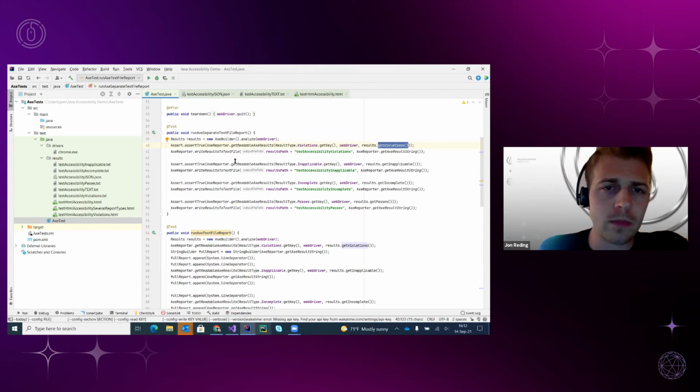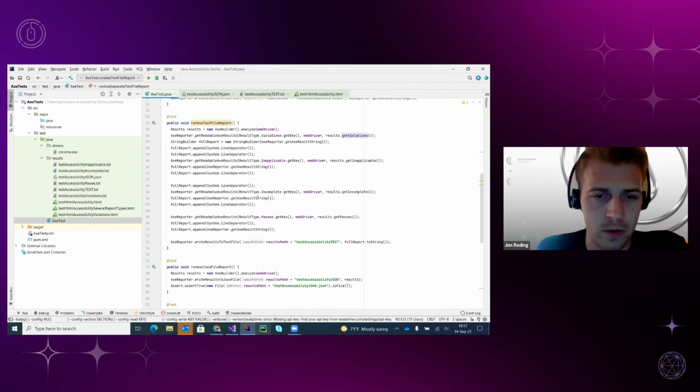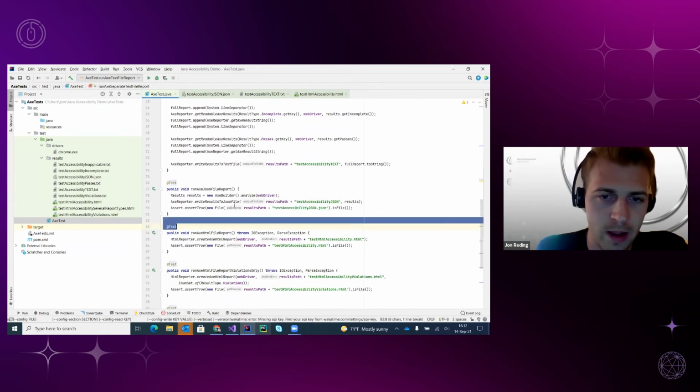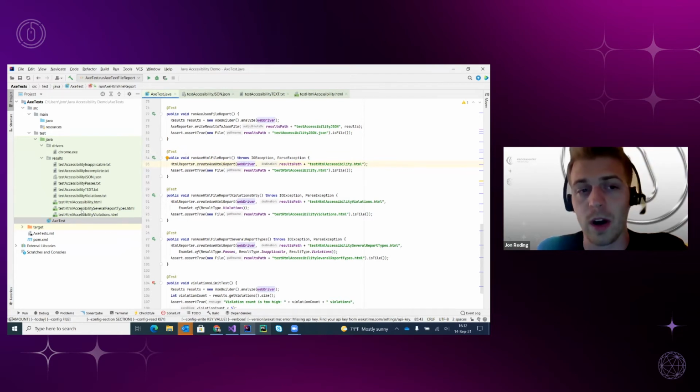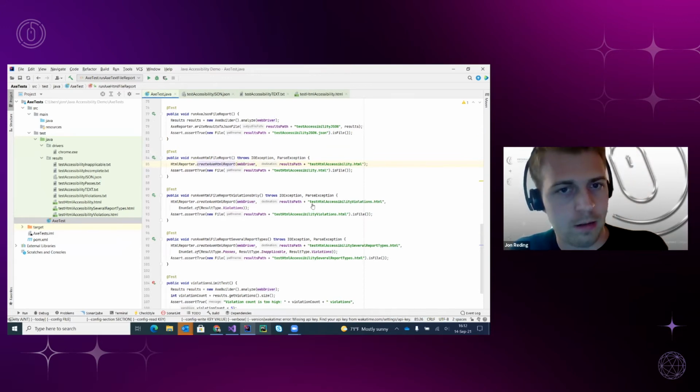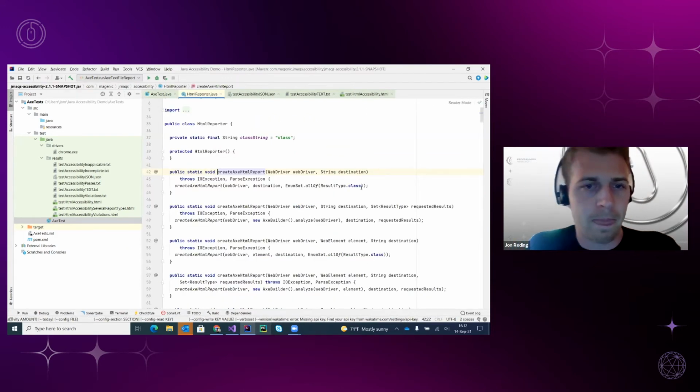Now, right here, I'm showing the text version of it, but if I go to more of the HTML file report, what you do is you send in a WebDriver, you give the destination or path that you want, and the file name at the end, all within the same string. Now this is going to create your file to wherever you want it to go. So I'm just going to dig deep in here, kind of show what it does. And so